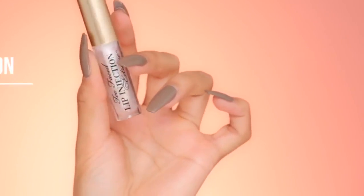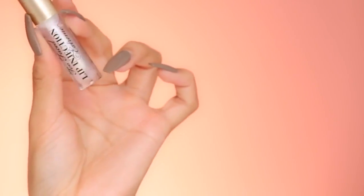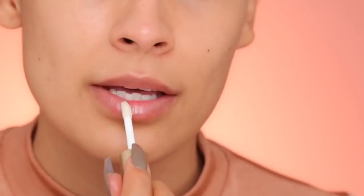Since we're doing a Kylie look, I'm gonna go ahead and try this Too Faced Lip Injection Extreme clear gloss that is supposed to have like lip plumping technology. And I'm just gonna put this on while I'm doing my makeup just to get the plumping going. So by the time I'm ready to apply my lip color, hopefully they just magically look like, you know,